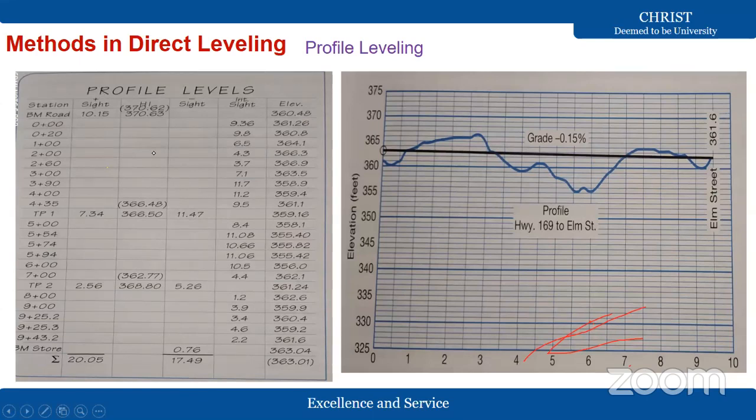These are the values from the different chainages, from the benchmark, from whatever kilometer stones will be there: 0 meter chainage, 30 meters, 60 meters. Like this we are going to extend our survey. This is the sight and the height of the instrument, the intermediate sights. These are the elevation points you are going to get.